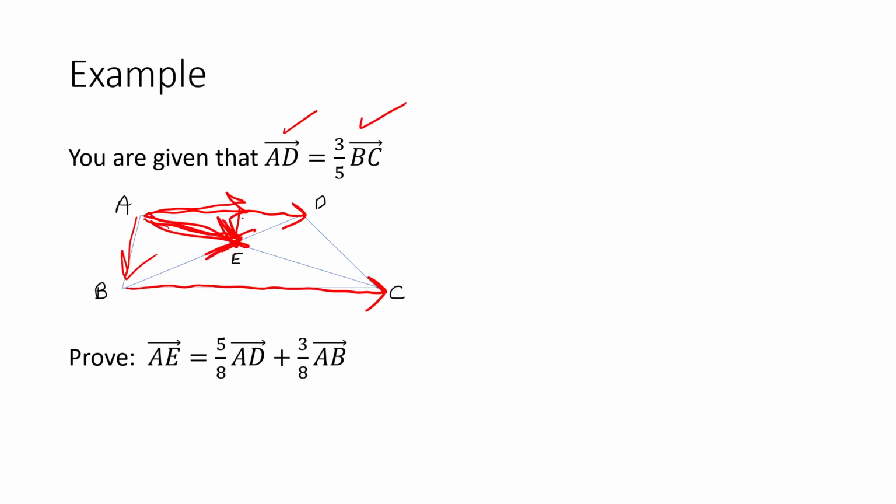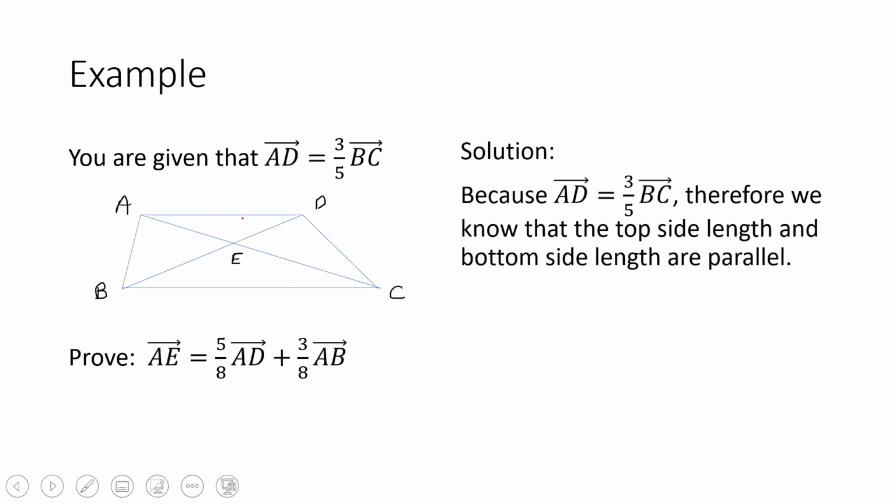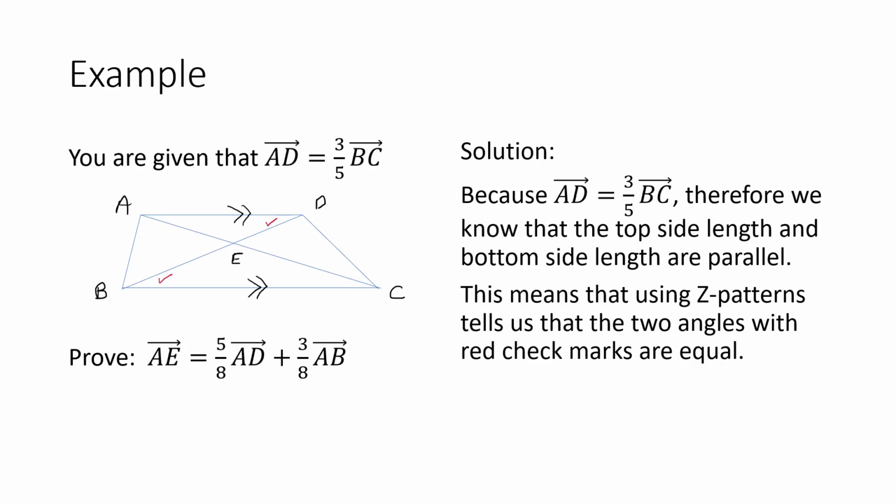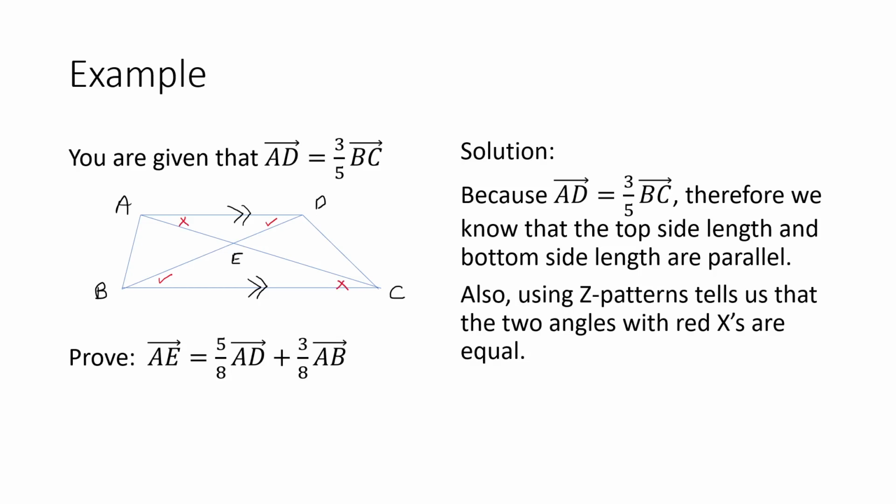Okay, so that might look like a tough question. So let's take a very logical approach to it. Since AD is equal to 3/5 of BC, we know that the top side length and the bottom side length are parallel. So I'm going to put those little parallel lines there. Now, if we use Z patterns, that means where those two red check marks are, I know that those angles have to be equal to each other. And again, using Z patterns, if you look where those two X's are, those two angles have to be equal